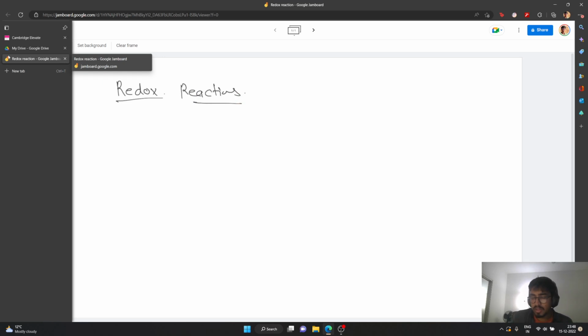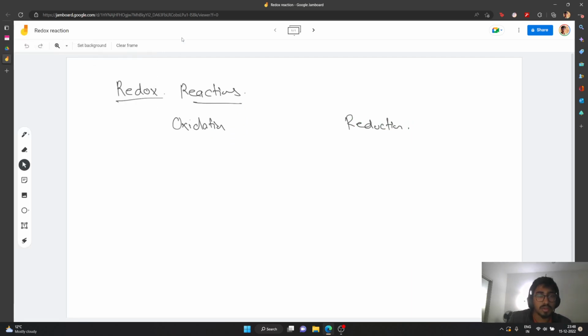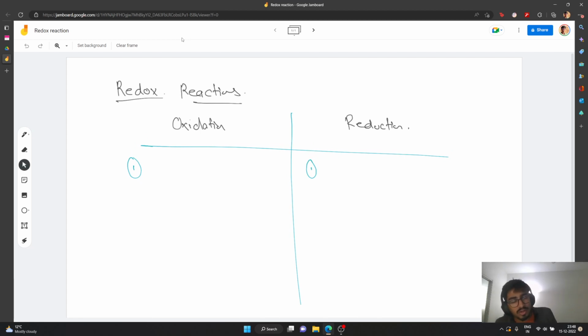So you have already, I think, done this at school, so this will be a quick revision. It's a fairly simple chapter. So we are basically trying to understand two things: oxidation, and the other thing is reduction. So the first thing about how we define oxidation and reduction in a reaction is